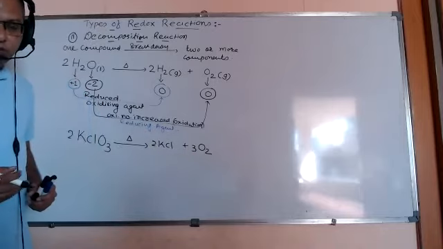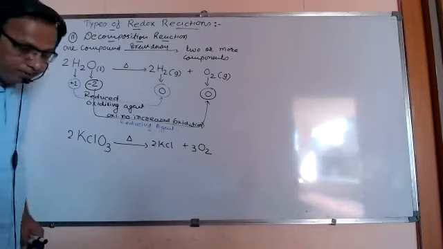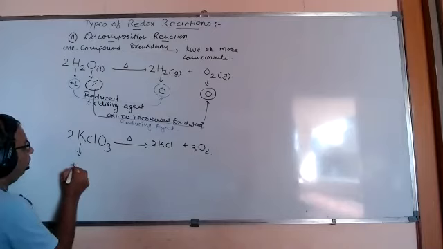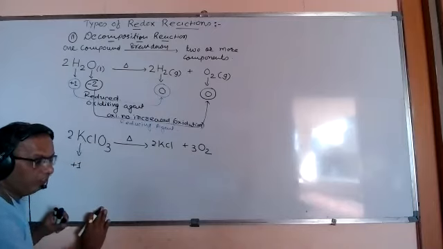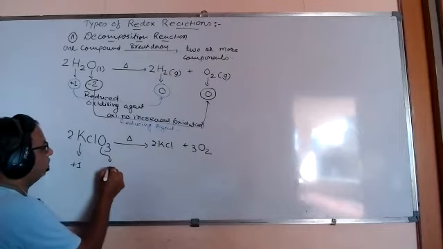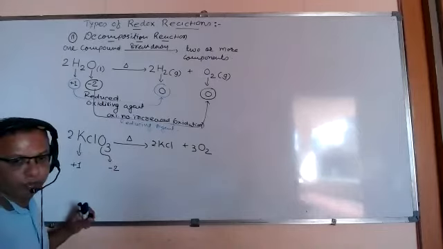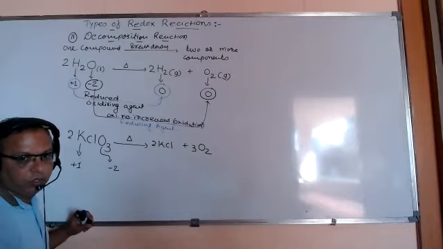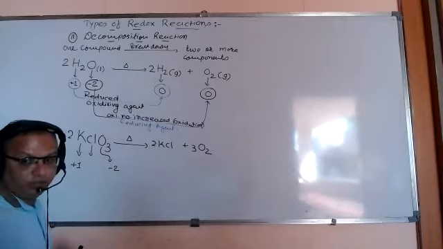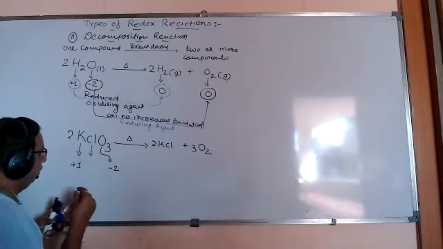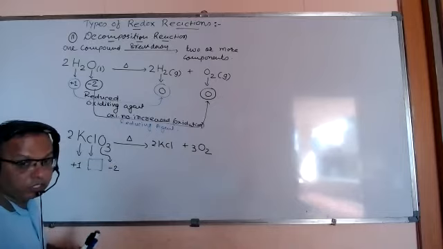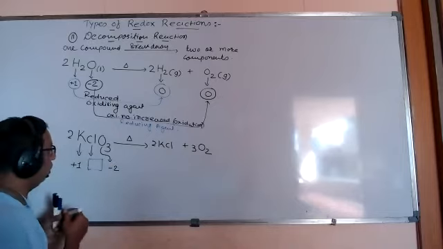Now let's check what are the changes taking place here. As you learned, friends, potassium is always +1. It never changes. It is an alkali metal. Oxygen here, you can see, friends, is -2 in normal condition. Right, friends? So what about chlorine? So for chlorine, one important thing here, please look at here. Normally chlorine is -1, friends, but in this case it is not.